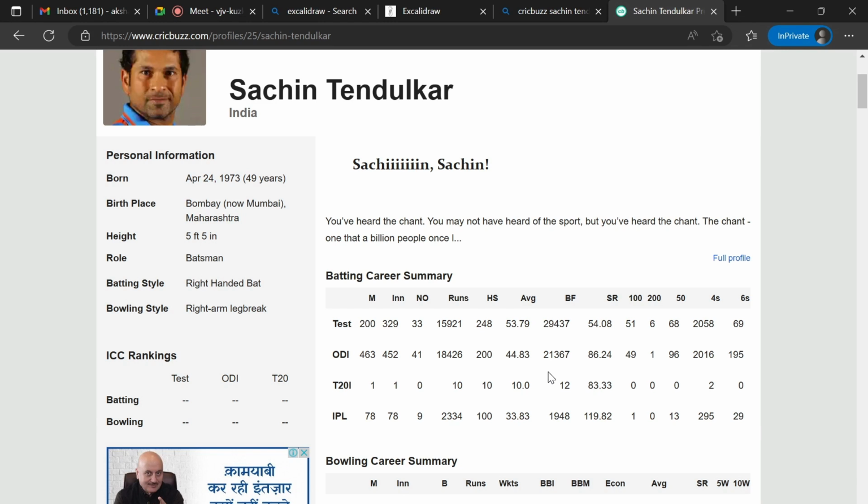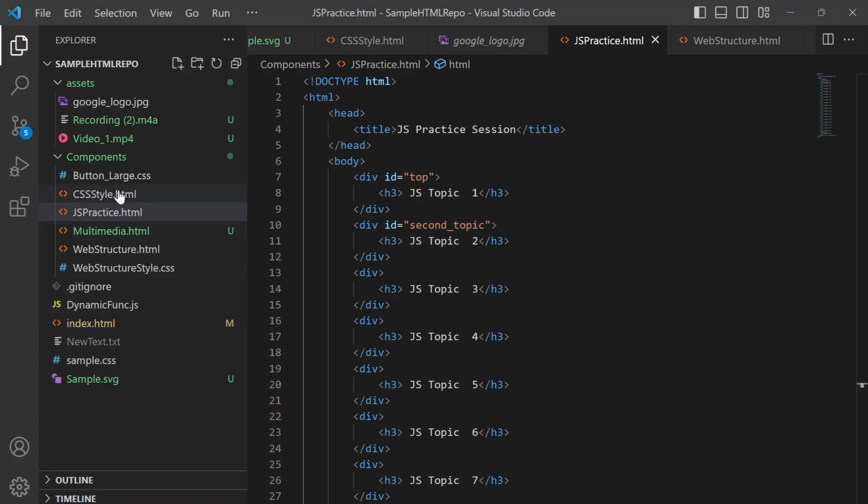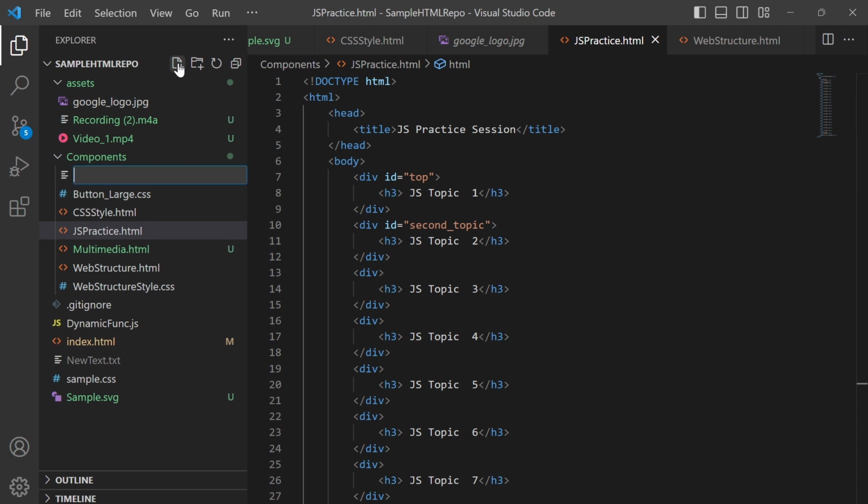So this is the purpose behind using the table element in HTML, so we can use it to show our data in a visually good format. So to have a table on our HTML web page, first it has a container, that is the table tag. So I will just directly create one file. We will write some code.